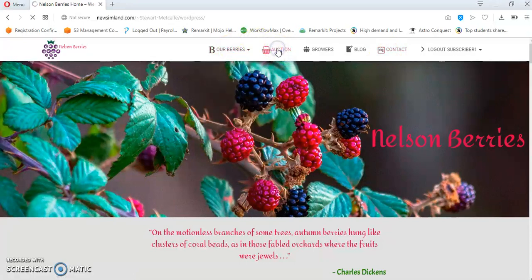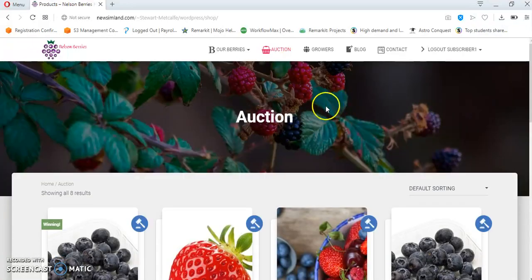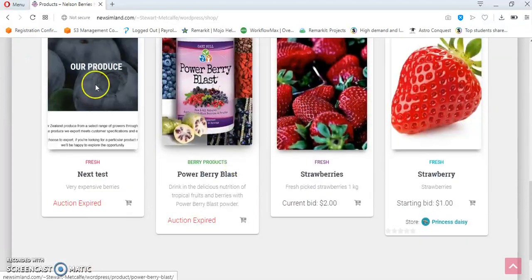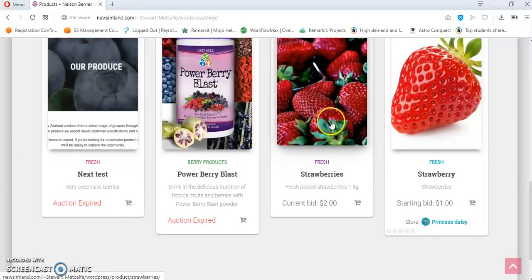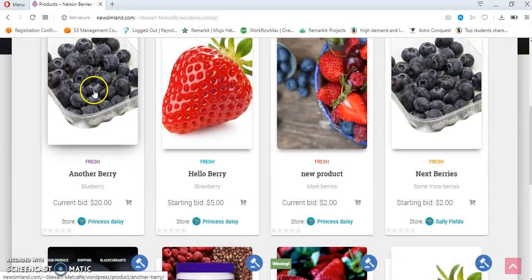There is an auction page, which is second in the list to make it more available. As you can see on this page, there is a list of the auctions. I'm still showing some of the expired ones at this stage. In reality, these wouldn't show on a real site, but the user can now click